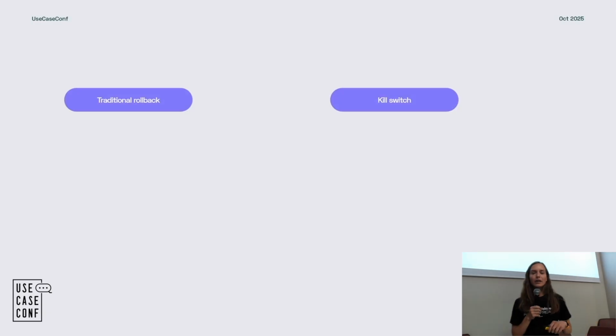So if you compare a kill switch to a traditional rollback, you'll see that it's quite powerful. Again, it's just a feature flag that allows you to click a button and turn a feature off in production if you need to. So instead of rolling back with your CI/CD pipeline, you have an instant rollback.